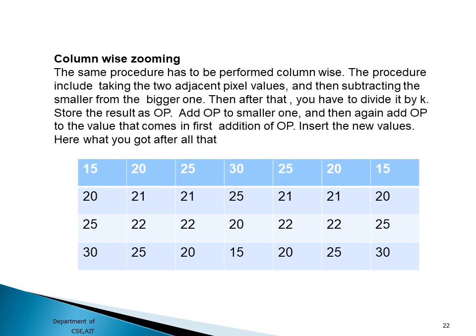5. So this 5 is added to 15, which will give 20. So that is present in the first column, that is the second value I am going to get. Similarly, for this 20, again 5 is added, and then you are going to get the value as 25. So in this way, I am going to compute all the values. In this way, in all the columns, I can compute the column wise zooming values and substitute these.